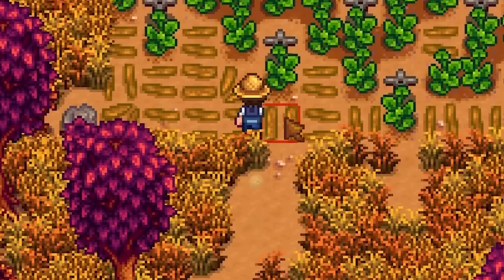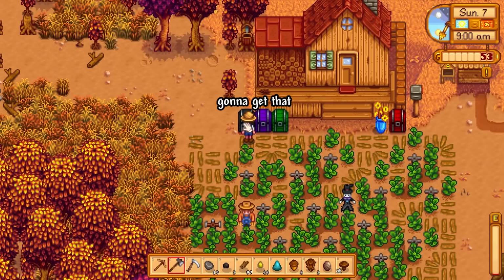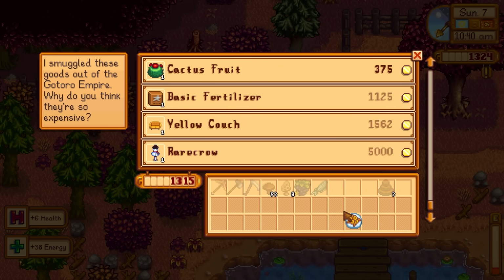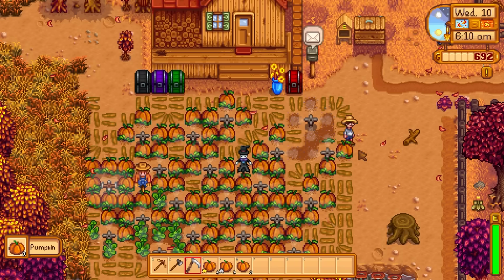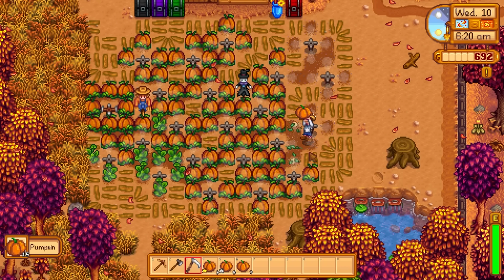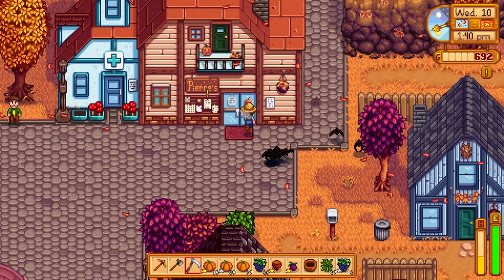That is very convenient. I had no idea how I was gonna get that. I also managed to pick up the sturgeon and the fried calamari for the home cooks bundle that day from the traveling cart. On fall 10, my pumpkins are ready, and as long as I get my second batch down today, the speed grow should allow me to get 3 whole batches in. I head on over to Pierre's and...